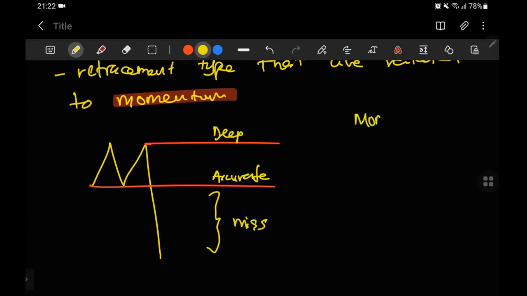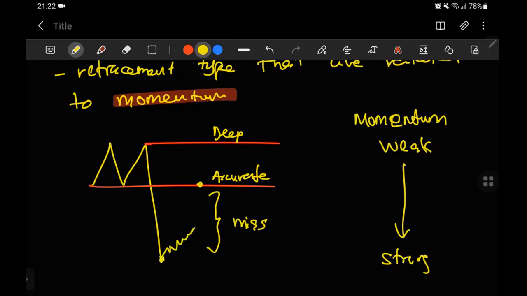So on the momentum side, we'll look at weak to strong. Let's say the current price is over here and we are waiting over here. Let's say price didn't come to our entry area, which is the accurate, then go. So this entry has happened at miss, which means the momentum is strong. If it didn't happen over here, the price is gonna go to accurate,